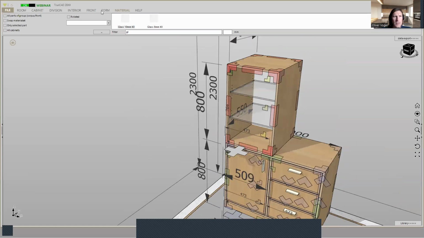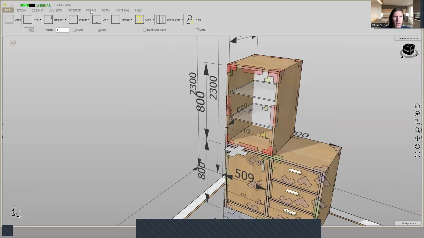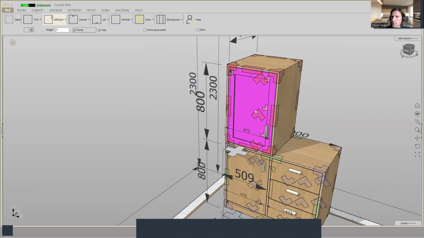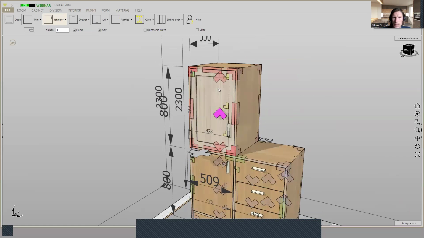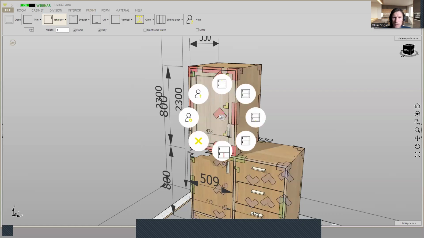All right. Then we go to the front tab, and here we just want to have one front, which is inlay and which has a frame. And we use here the left door, and we just drag it and drop it on here. So this front is coming in shaker style. So if we click here on one of the smart click for the front, the circle menu is opening, and we open here the setting menu,